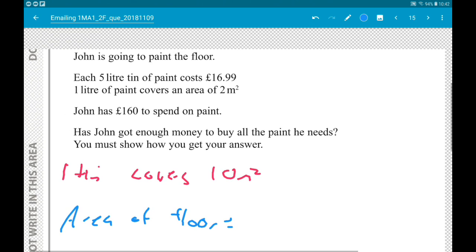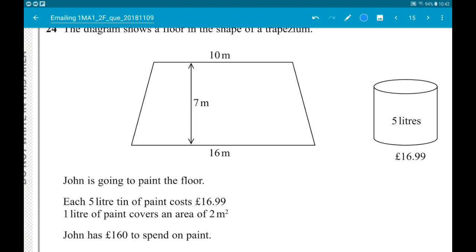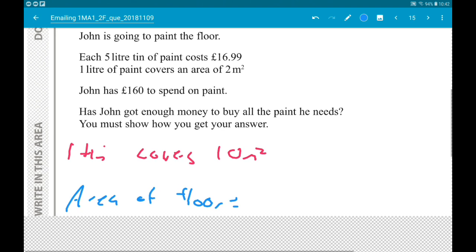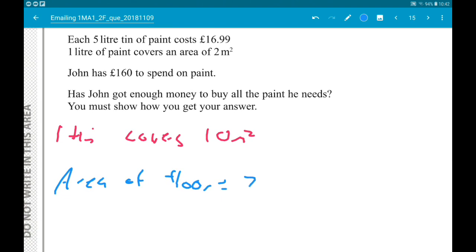So it's going to be 7 times 10 add 16, all divided by 2. Now check that you can get that being 91 metres squared. So